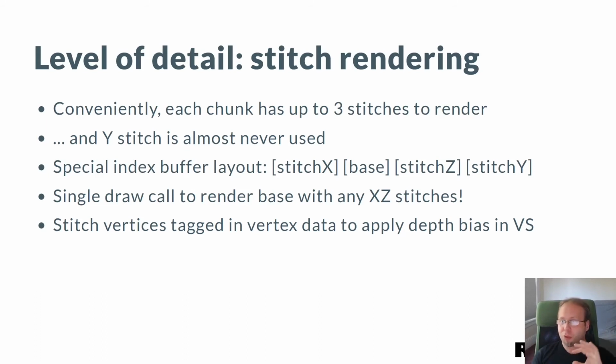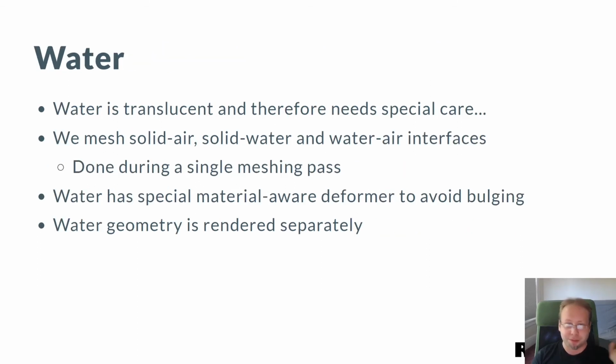Of course, for this to work, you have to do this depth bias conditionally within the same draw call, but this is actually fine because for us it's just that the vertex shader pushes this geometry into the screen and can do this based on one bit that is stored somewhere inside the vertex that says, is this a stitch vertex or not? So this covers most of the basic terrain, etc.